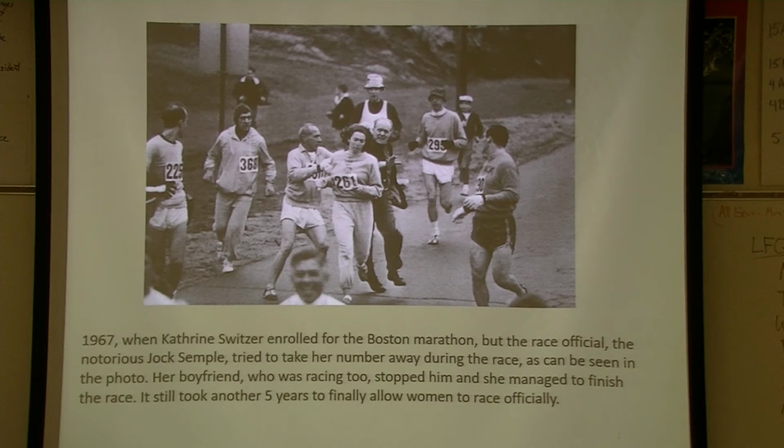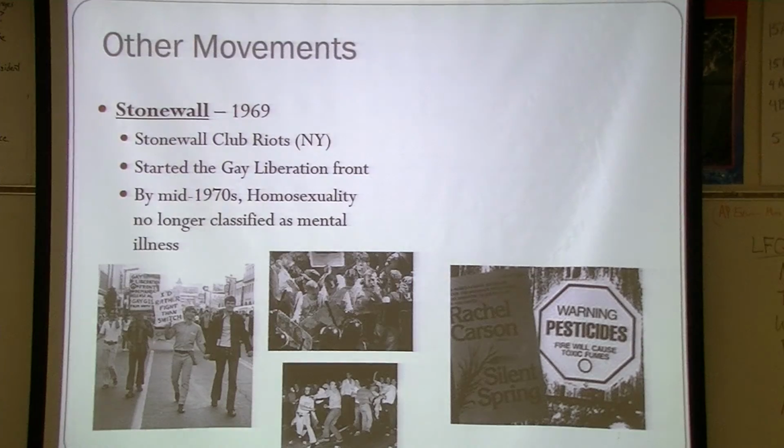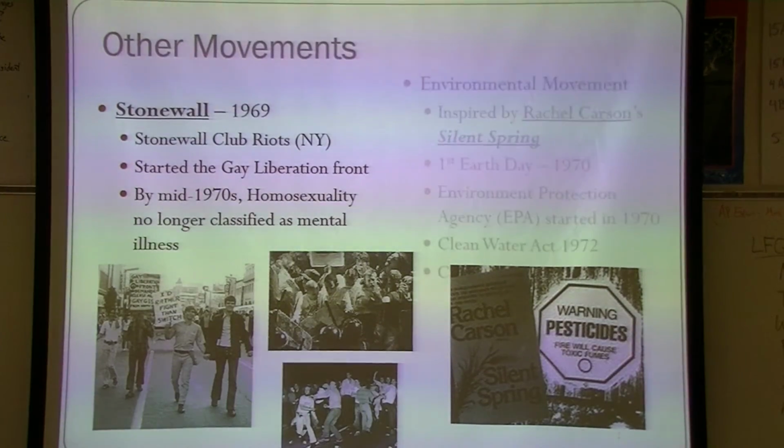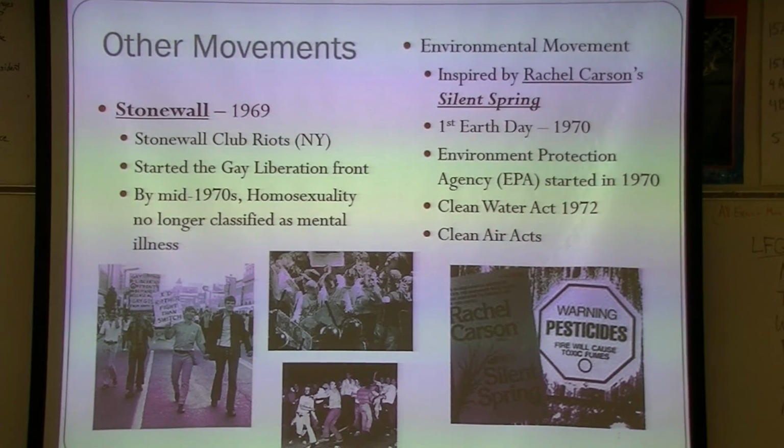Not all changes were made. You see here, even it was 1972 before a Boston Marathon will allow for women to participate. All right, we're going to have other movements, and these movements will end up joining together. We will have in 68 and 69 a gay club in New York City, the Stonewall Club, where patrons were not being protected as they left, and they were being beat up by people. They went out. They will then establish what will be the Gay Liberation Front there,